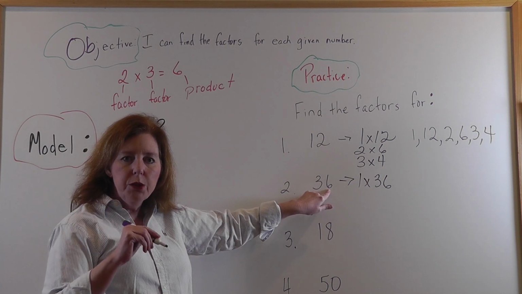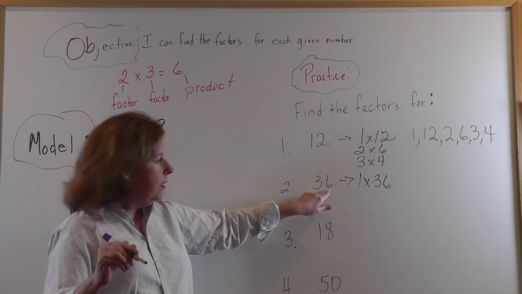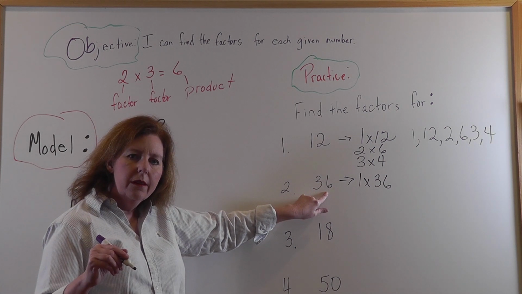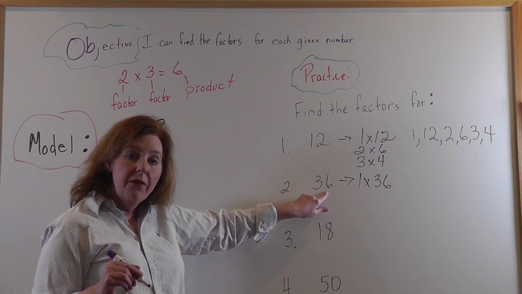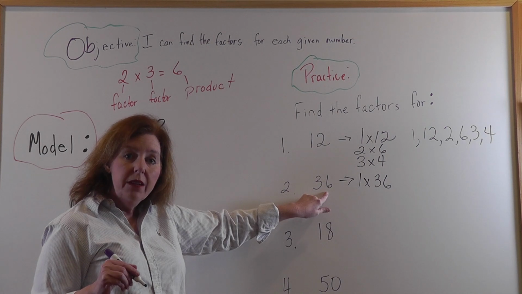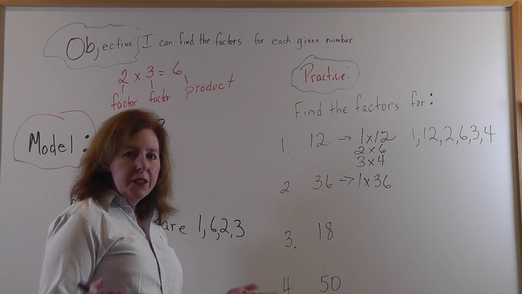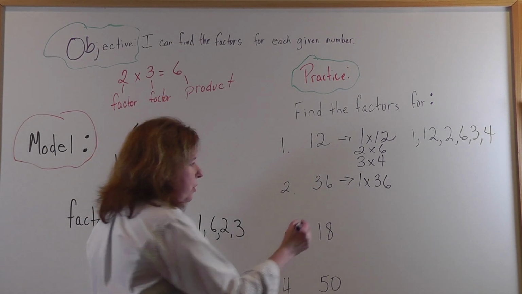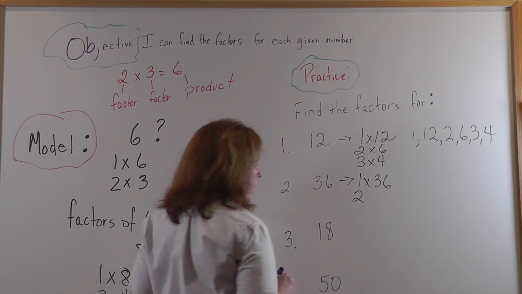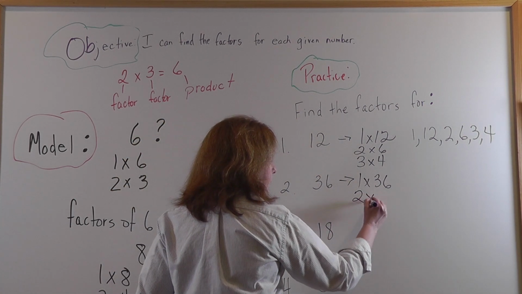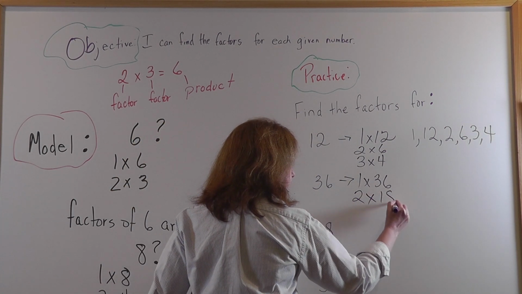You can multiply 2 times a number to get an even number. So I know 2 is going to be a factor. So every even number can be multiplied by 2 to get the product. So I know 2 is a factor, so I'm going to say 2 times 18